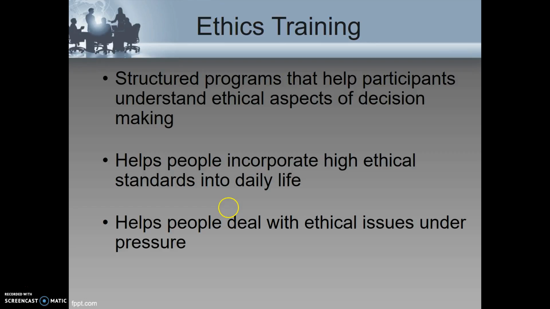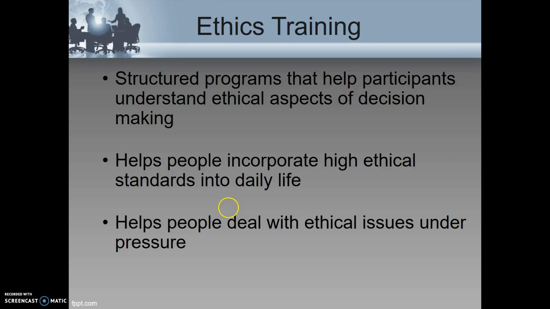These could be university courses or college courses, or having some expert in the field come in to talk to your company and so on. This helps people incorporate high ethical standards into their daily life. It helps them deal with ethical issues under pressure. But it's key to note here that just by going to this training doesn't mean that your employees are always going to act ethically. All this does is help provide them with a set of tools to help them make proper choices